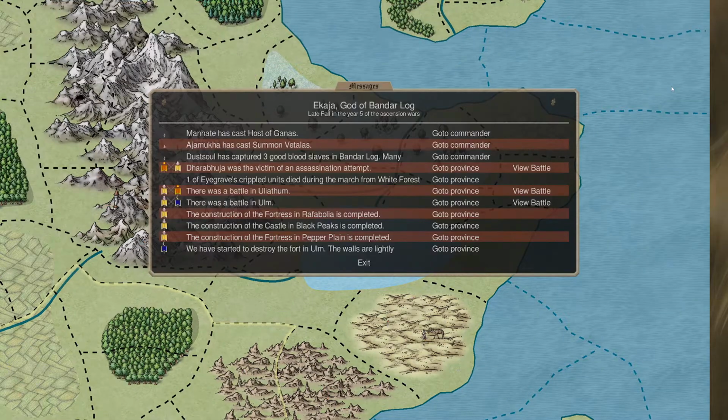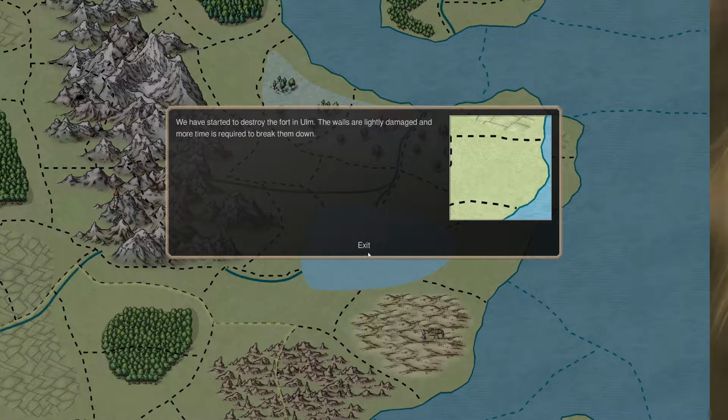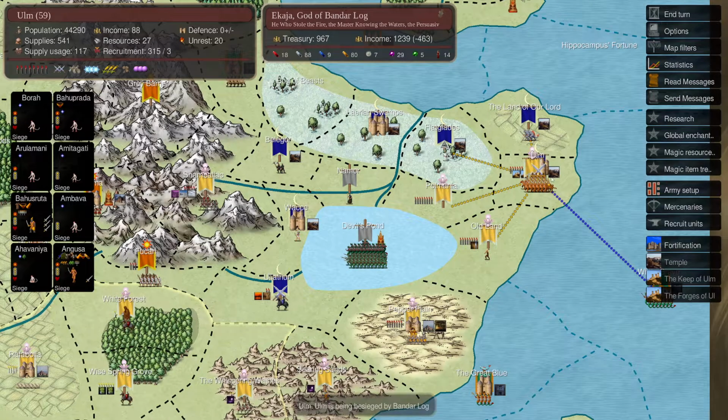We can't do anything right now, right? Am I reading it right? The walls are lightly damaged. Okay, so we're going to lay siege with all of them. Let's do that. He's going to have a problem now, right? Namor is actually...